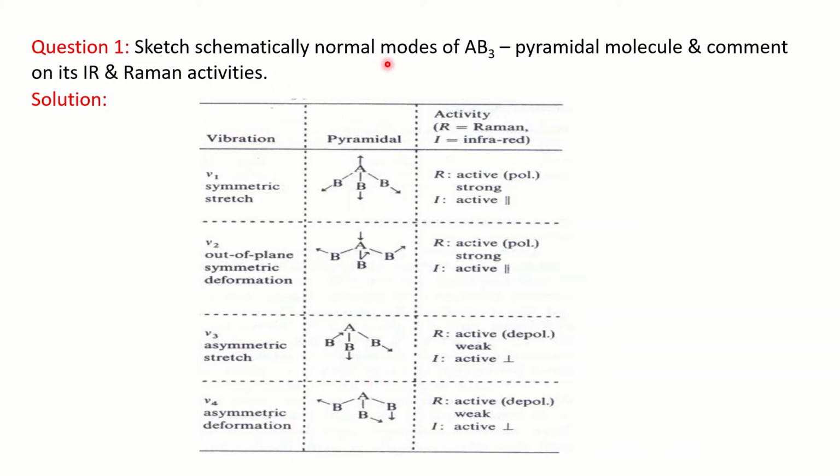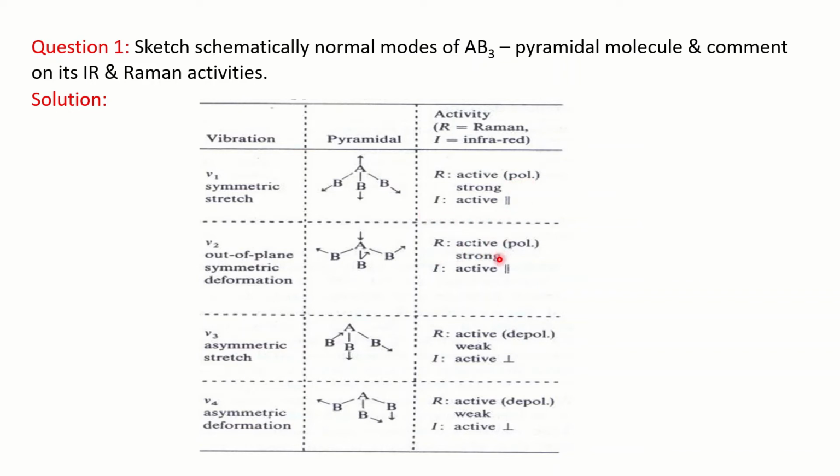So for this particular question, if it comes, you have to draw all these 4 and then you can write the respective 4 vibrations. And then finally, if they are asking you IR and Raman activity, for that you have to mention. You should be aware that all the symmetrical vibrations, like symmetrical stretching or symmetrical bending, are IR parallel vibrations and Raman polarized vibrations. So if you are familiar with that, you can write down I for IR and R for Raman. You can notice here and mention, since it is symmetrical, it is Raman polarized and IR parallel.